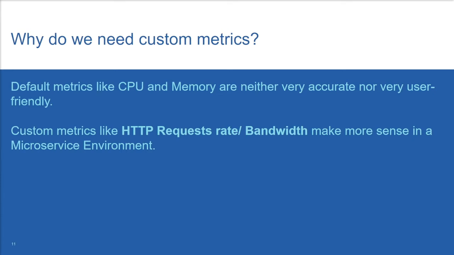So Kubernetes came up with support for a custom metrics API on which metrics can be exposed so that HPA can use it. Because Kubernetes is largely a microservice environment where communication between the microservices is done using APIs, it becomes imperative to scale applications based on the number of requests being made to a service rather than the CPU usage. Citrix ADC, which sits between the client and the application, load balancing the client requests, has a rich set of metrics at its disposal, which can be provided to HPA via custom metrics to autoscale application deployments.